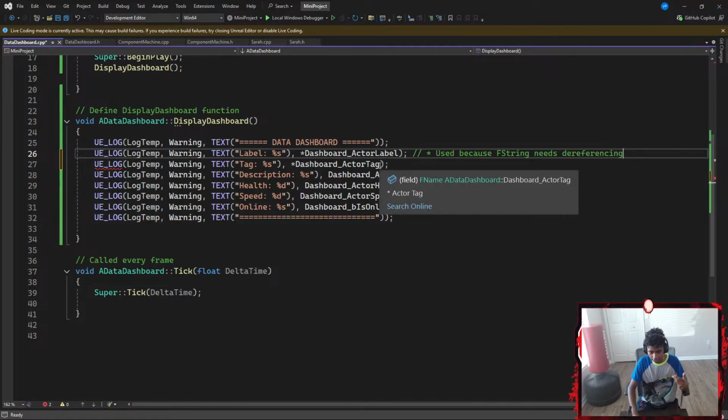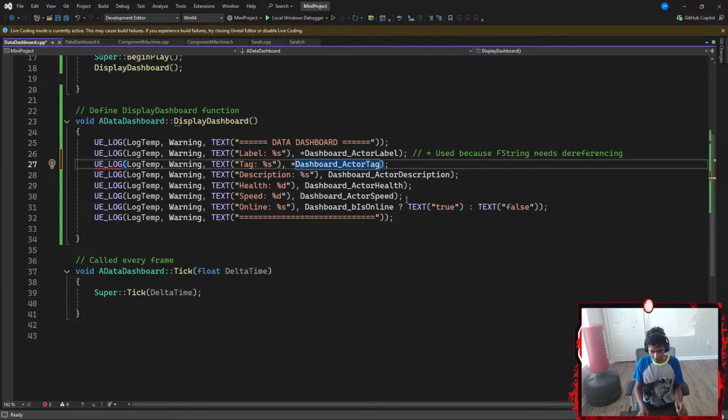So I'm gonna go ahead and represent it by pointer, and then use the .ToString. I did not really know this. There we go. Okay, let's add a comment here that says something like FName needs the .ToString function.